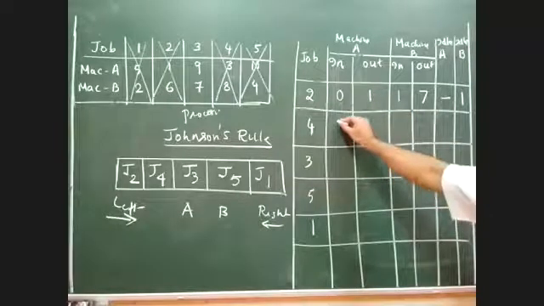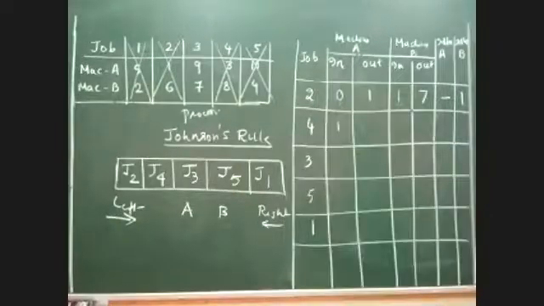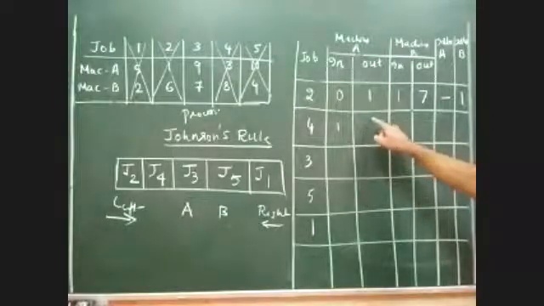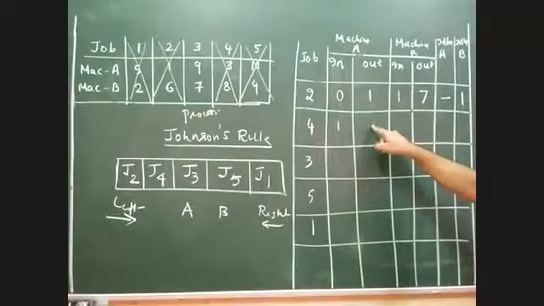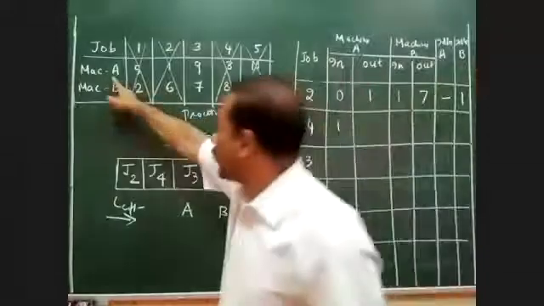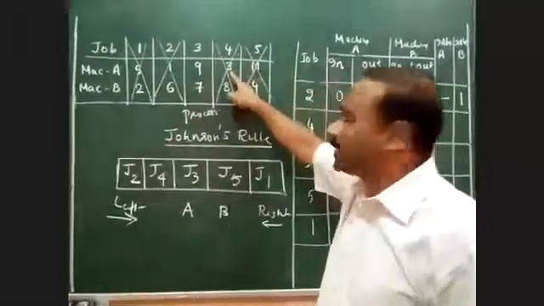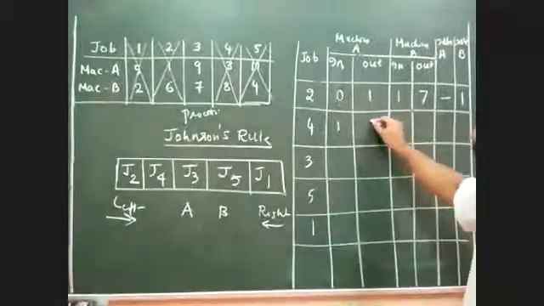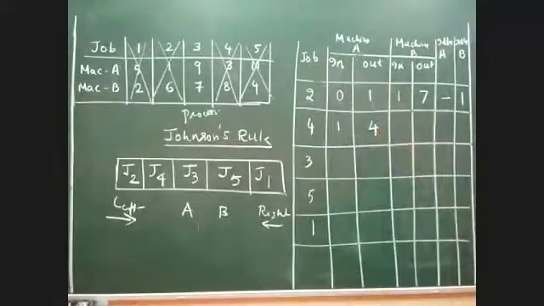So the next job can start at the first hour. Are you getting the point now, everyone? Yes or no? Yes, sir. Okay. Now can you please tell me what time job 4 will be completed on machine A? Go back to your question. Machine A, job number 4, it is taking 3 hours. So it starts at 1, so what time will it complete? It will complete at 4.